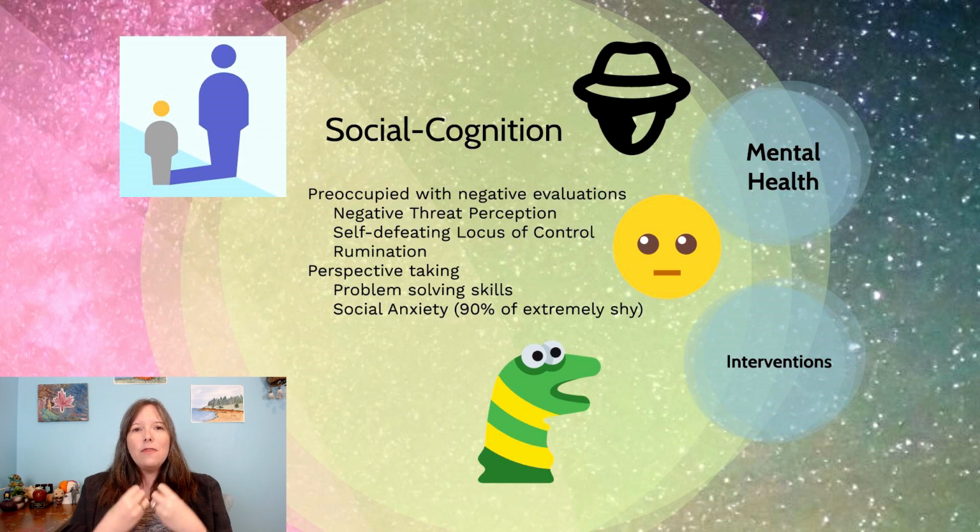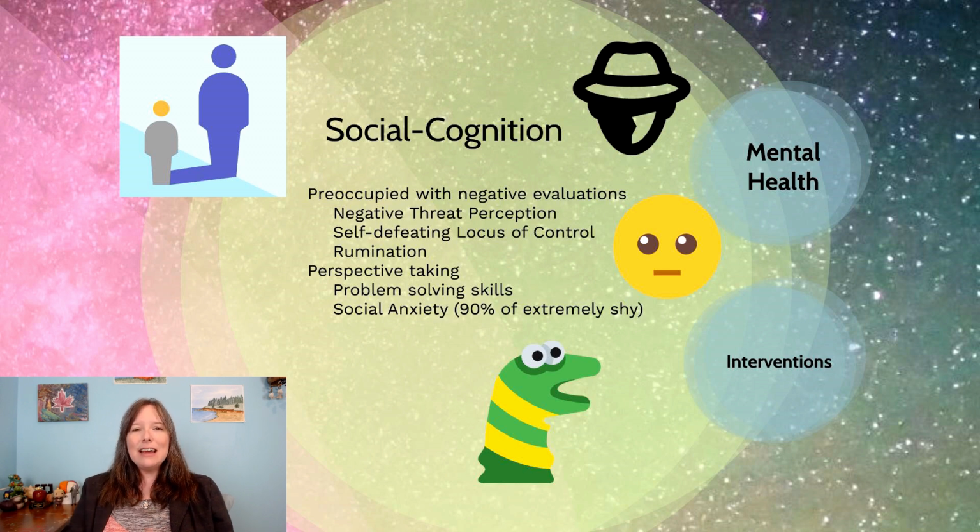And because of that, they tend to be wired in such a way that they have very sensitive negative threat perception. This is the idea that when they see something ambiguous, they tend to perceive it as something threatening. Something like shadows or a person approaching them unexpectedly, they'll perceive more negatively. This is also the idea that if we were to have someone just look at a series of faces and make judgments about what emotion the faces were experiencing, we find that when we display neutral faces, shy and anxious individuals perceive neutral faces as angry and perceive angry faces as completely enraged.